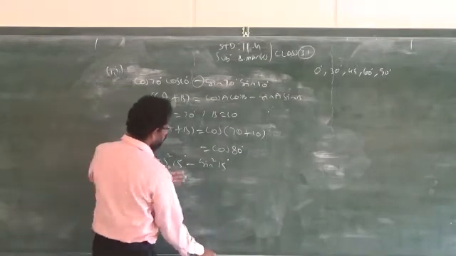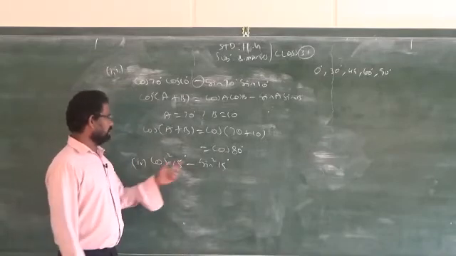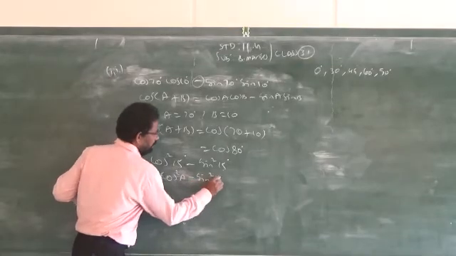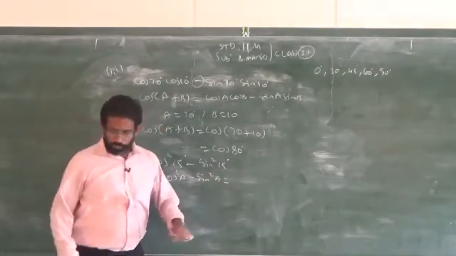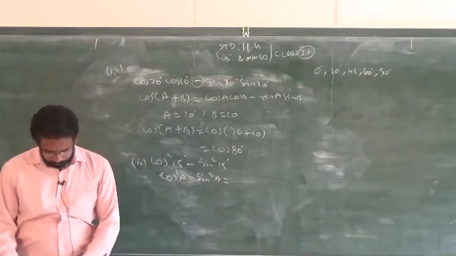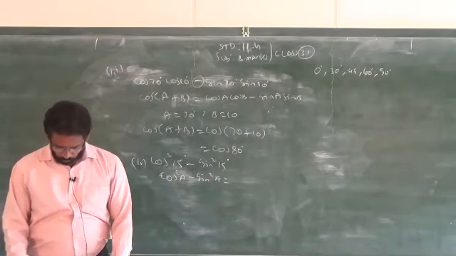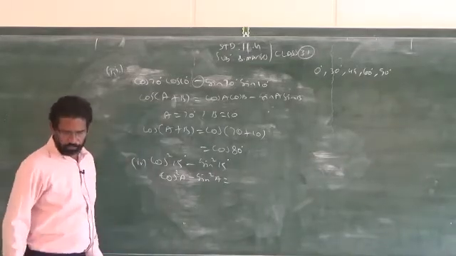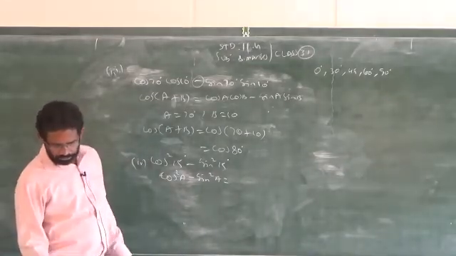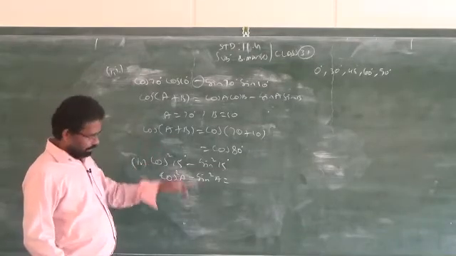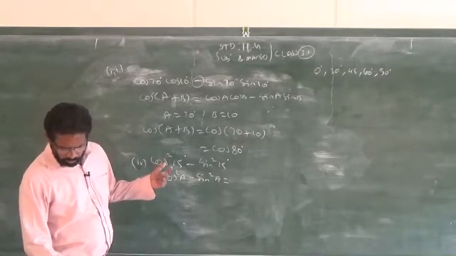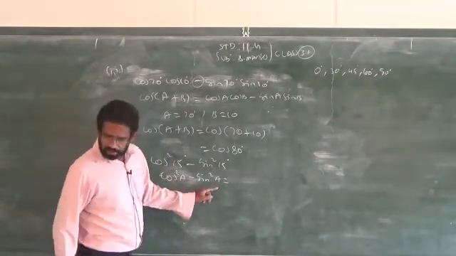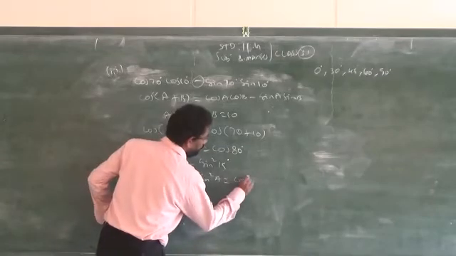We have one simplified formula for cos square A minus sin square A. You see the page number 134, where a few formulas are given. In the first Roman numeral and second question, cos 2A is equal to cos square A minus sin square A. That is the formula for cos 2A.